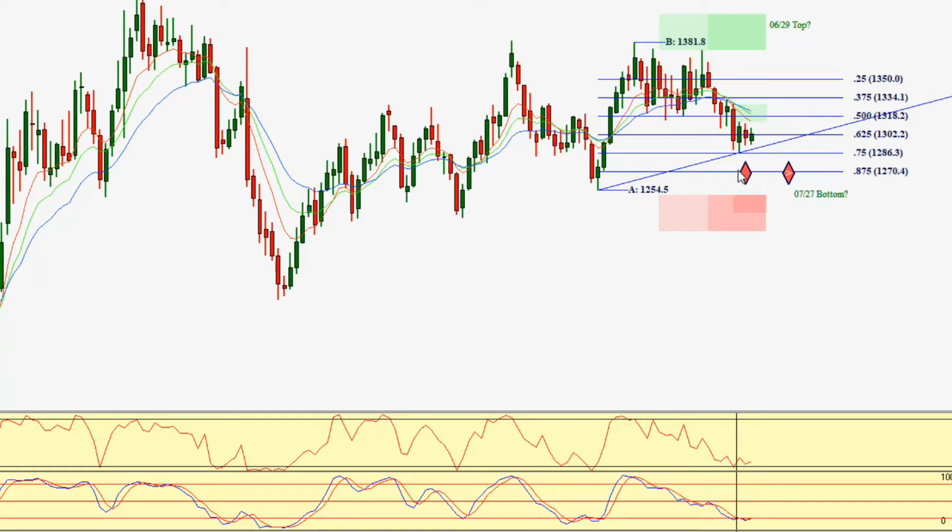For one, we can see that it is within one price bar of this forecasted weekly turn date right here, this weekly FDate, which is indicated right here. We can also see that a couple of oscillators are in the oversold area. This one here having dipped in and now is moving up, and this one here just about crossing up. Okay, nothing significant here other than the fact that so far this support has held for now 2 weeks.